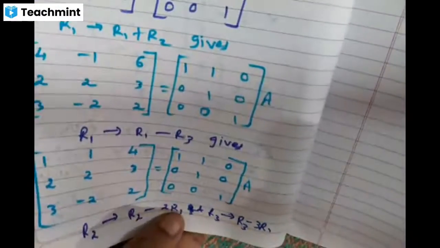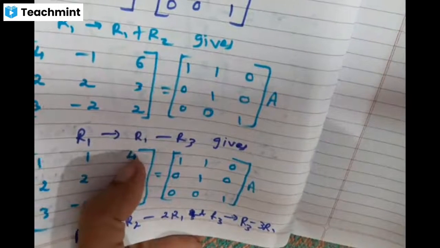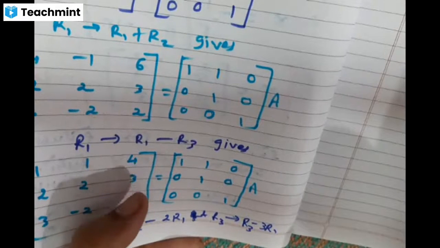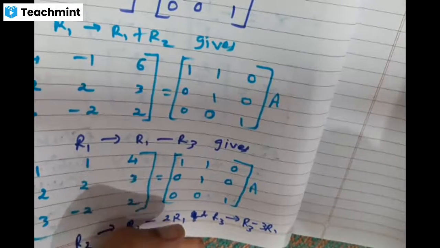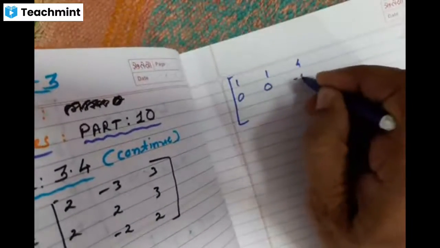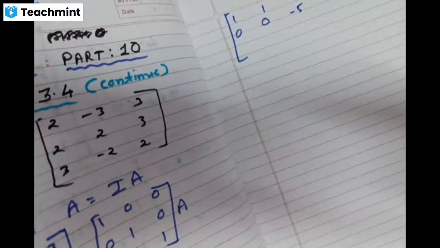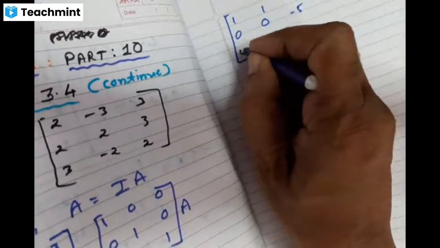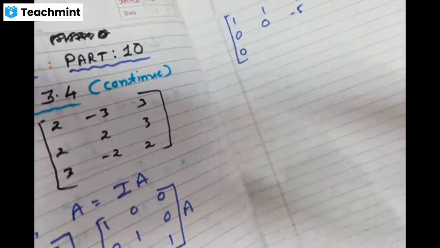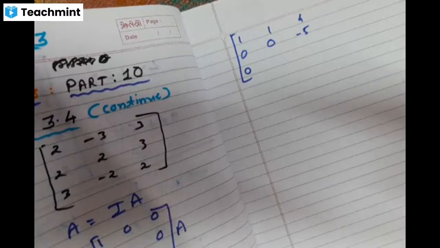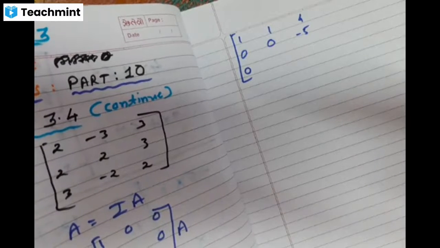Again I am showing you, hope you can see this. This is 4. We will multiply 4 by 2. So 4 2s are 8. And then you subtract it from 3. 3 minus 8 will be minus 5. Isn't it? So it will be minus 5. And R3 goes to R3 minus 3R1. So in that case, this is also 0. So see, our 1 0 0 has come, right? R3 minus 3R1, so multiplying the first row by 3 and subtracting.